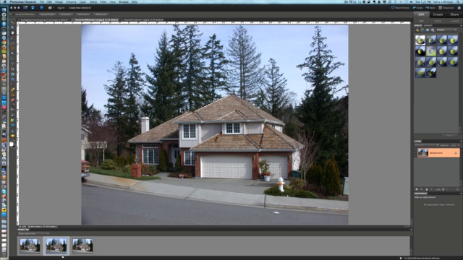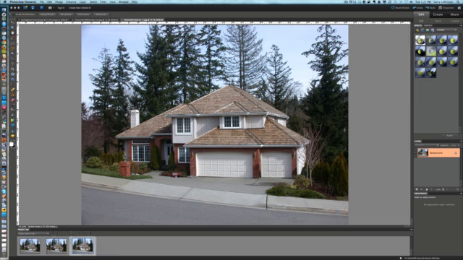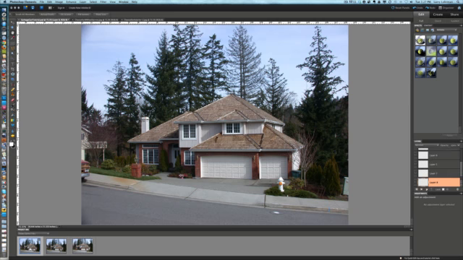It's not a big deal, but I just like to take things that distract out of the image,